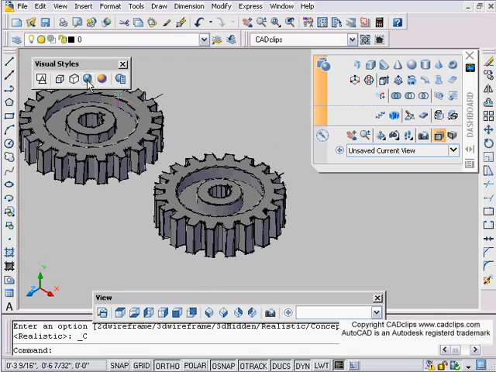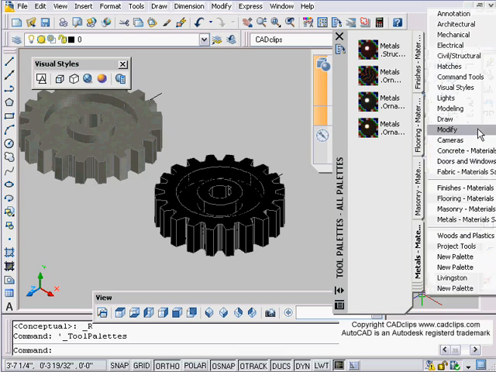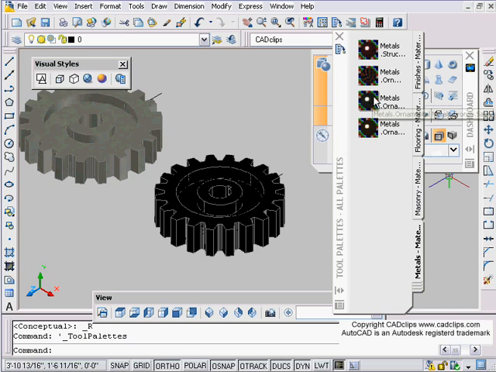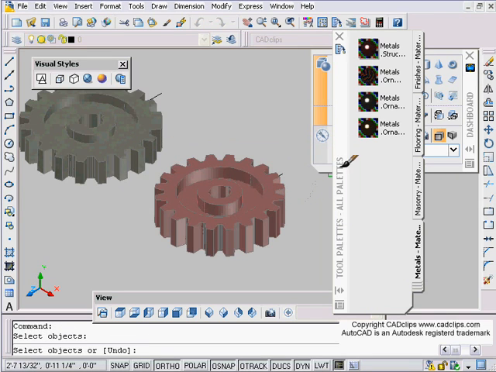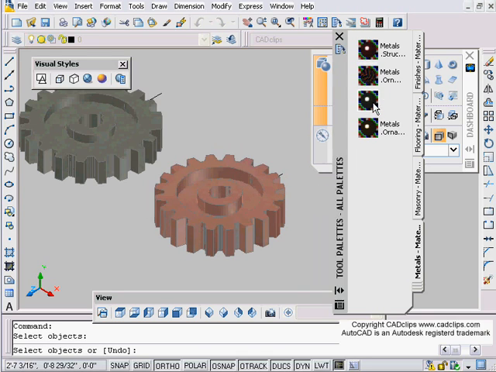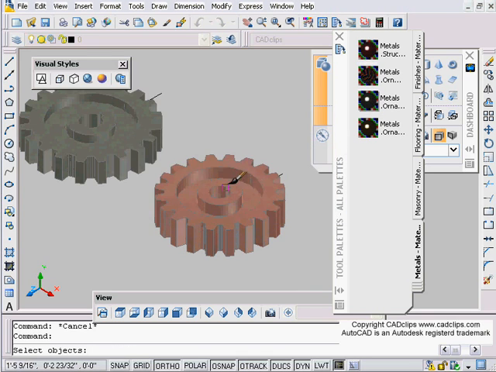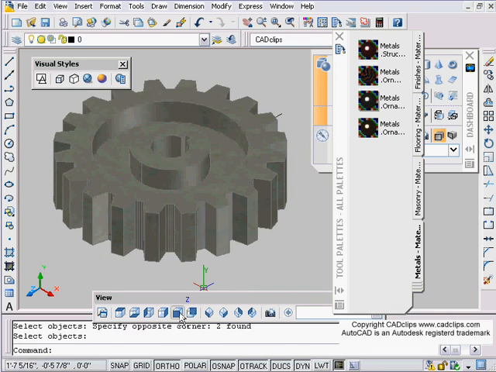And then I can add some materials, which is why this one looks so nice. So I can go to my tool palettes, hit my tool palettes button here. Click on here, and I went down and selected all palettes, and I've got the metals. So I'm looking at metals right here. Then I can pick one of these and create a copy, and then simply pick on that object and apply that metal. And there's other materials as well. We'll talk about materials a little bit later. Erase the original, and there's our